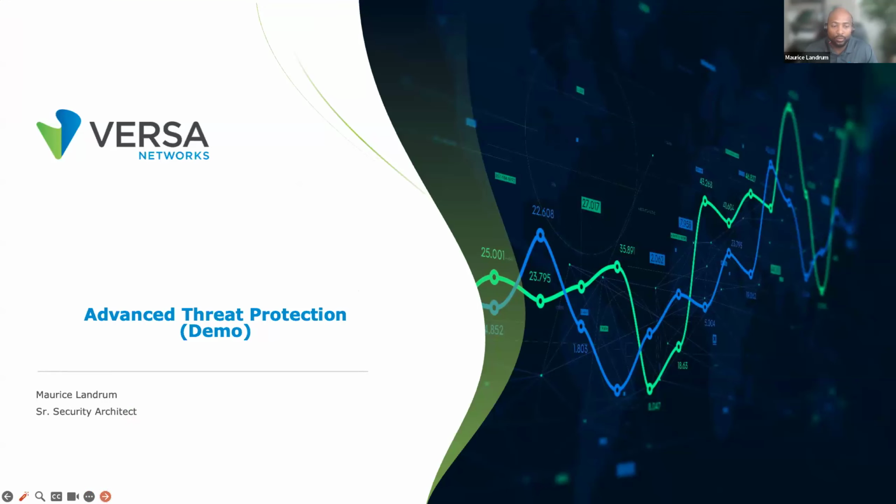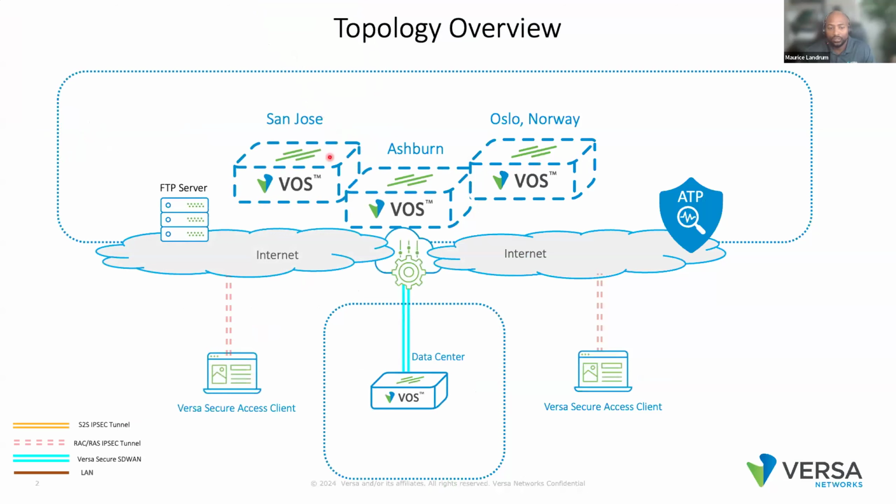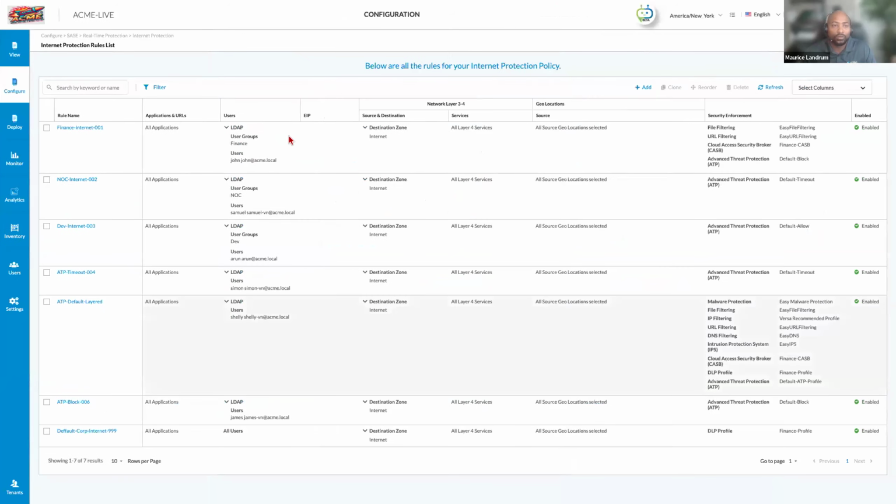The topology that we're going to be displaying today is here: we have Versa Secure Access Client 2 on the screen, and also 3 gateways: San Jose, Ashburn, and Norway. We'll likely be using San Jose because it's closer to the client that I'll be utilizing, and we're going to transfer a quick file. Firstly, under the portal that you see here, this is our Concerto portal. The Concerto is an orchestrator that orchestrates all the configuration down through our controllers.